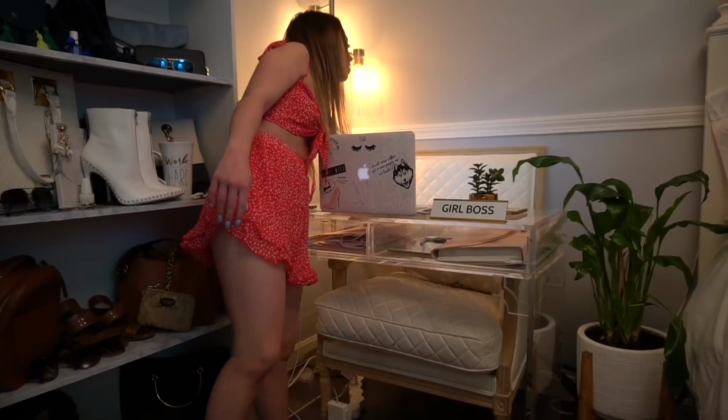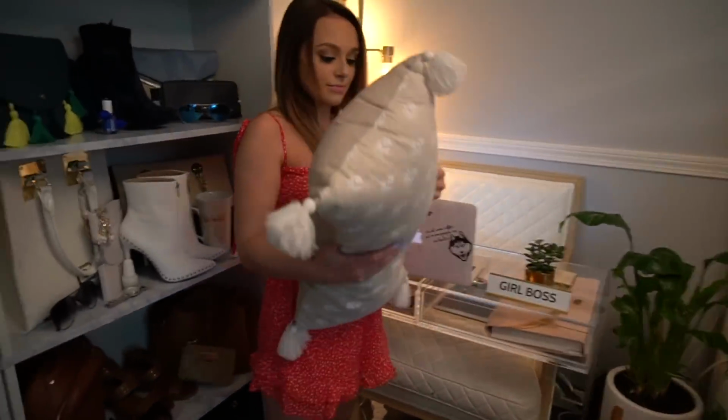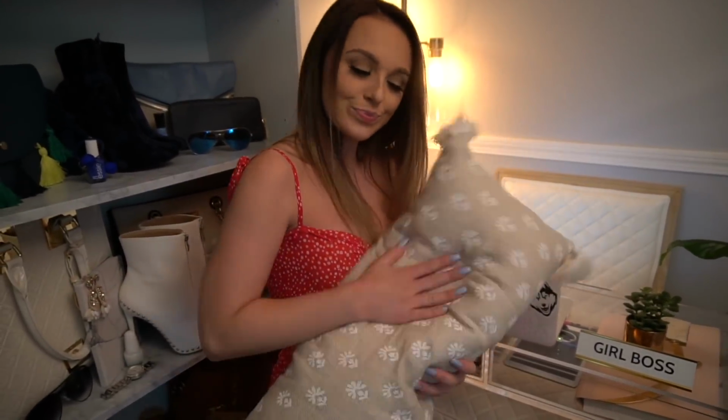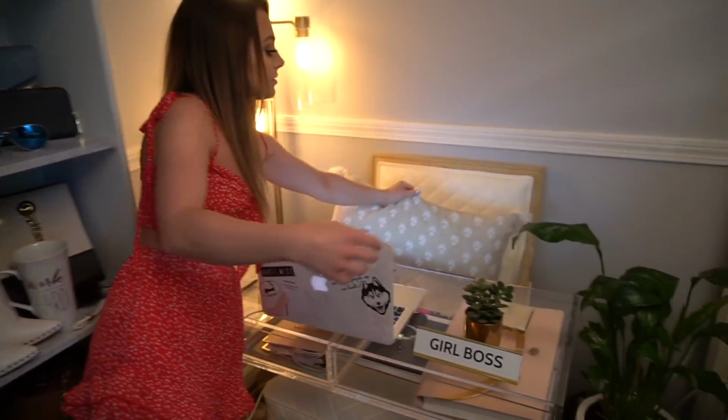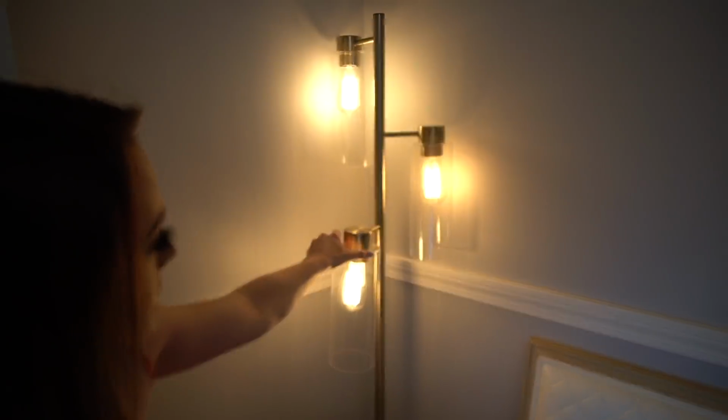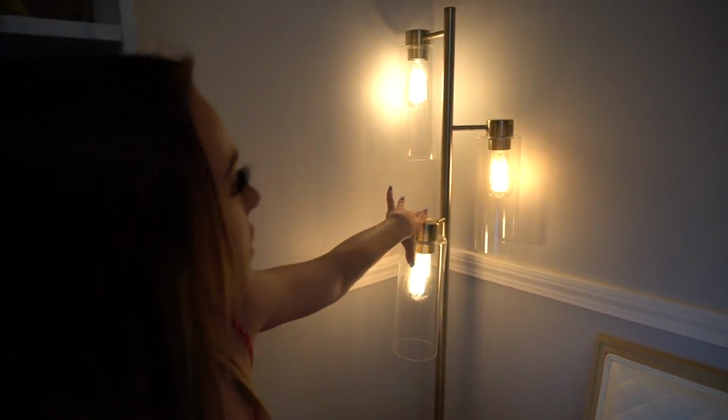Actually, this pillow might be from Target. Threshold brand. Yeah, that's Target, right? I think so. This little Edison bulb lamp I have here as well is from Home Goods. I also have this in my apartment. Really a fan of the...